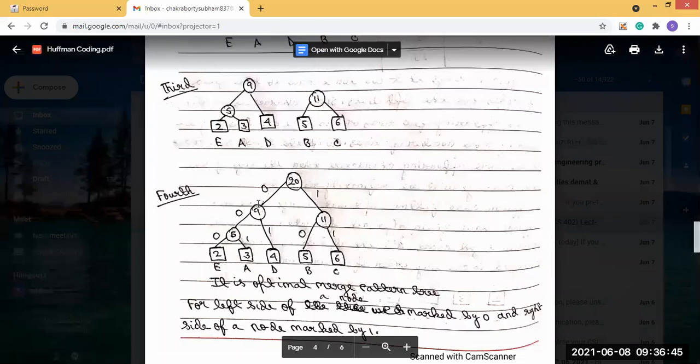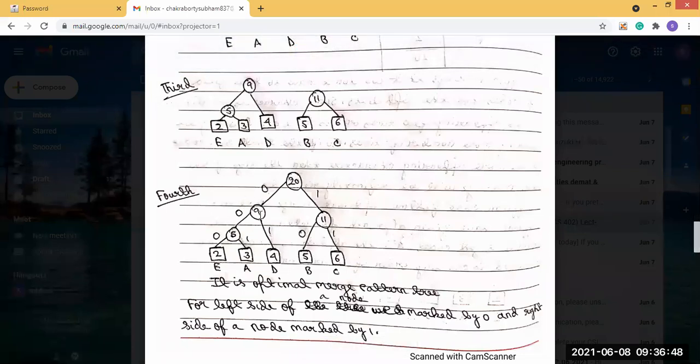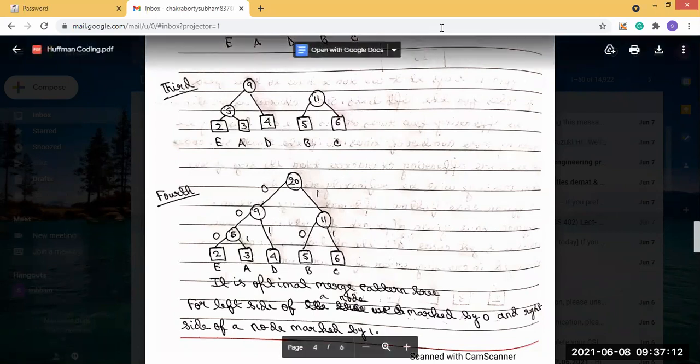Okay, so that's how the combination takes place and finally the tree is prepared. Now what we have to do is, in the left side of a node, whenever the tree is prepared, mark it with 0 directly. This is a rule: in the left side of a node, put zeros. Now you see here in the left side, we have put 0. This is 0, this is 0, this is 0. All the left sides of the nodes we marked by 0.